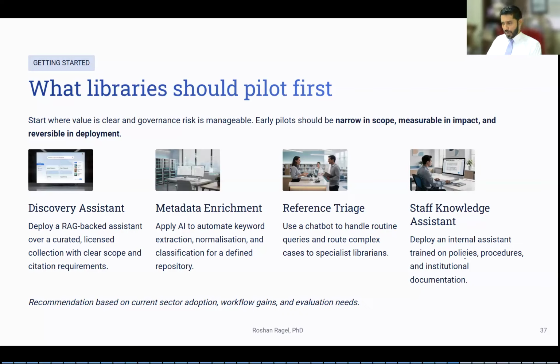This is very easy to do now. We can dump all the resources that are out there in institutional management-type documents, policies, and procedures, and make an assistant that takes only these documents as the RAG, the responsible documents, and then provides assistance based on that. The same can be done for discovery at a higher user level as well.